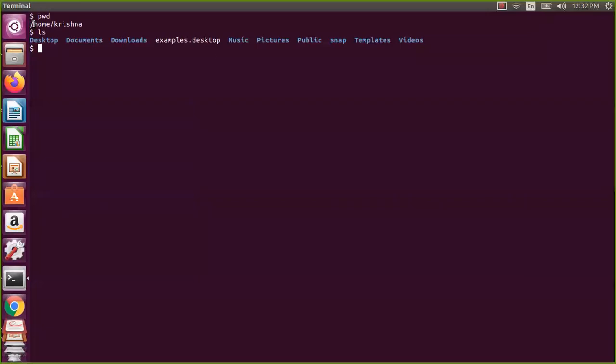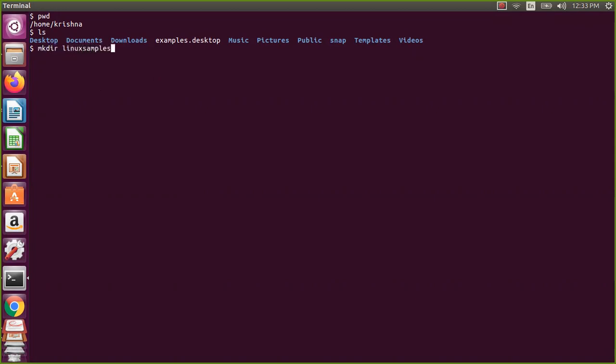This is the root. Under root, you have the home. Under home, you have Krishna. So this is a hierarchical representation of the data. This is the file system. We'll see more about it in the upcoming units. Now I have my directory. If I want to know the list of contents in the directory, I will say ls. So now let us start with creating 2 directories. So I will say make directories.